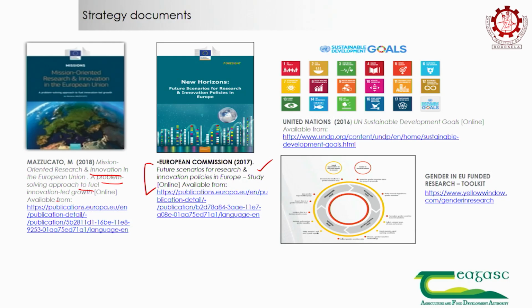I am not promoting European documents compared to other places, but this involves multiple countries. Any policy document made in India is exclusively for the Indian subcontinent, right. If it is done in the US, it is exclusively for the US. European documents are made by the combined activity of 28 different countries. Every country has its own primary requirements, so it takes a lot of time, and a lot of brains have gone into making a document. Everything comes out in very plain language so that it is understandable. And you know all about the United Nations Sustainable Development Goals.